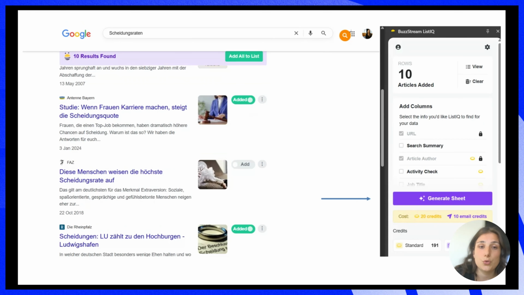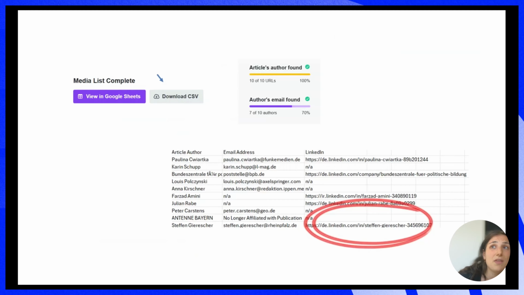Make sure you choose, apart from the URL, the article, author, and email, and make sure you click the social media option as well, so you can have the journalist's LinkedIn. That's one way we have found works best to cross-reference how real and accurate the information is for these journalists. I know journalists in general like to switch publications, maybe they go freelance, and their role might not even be the same as it was last year.